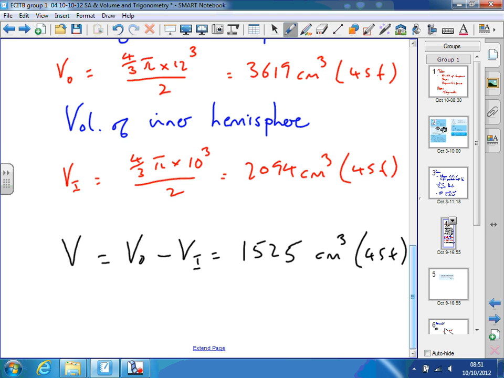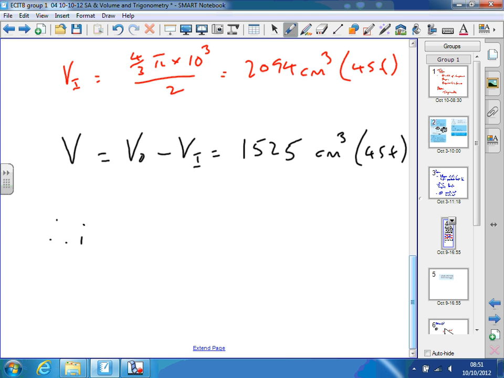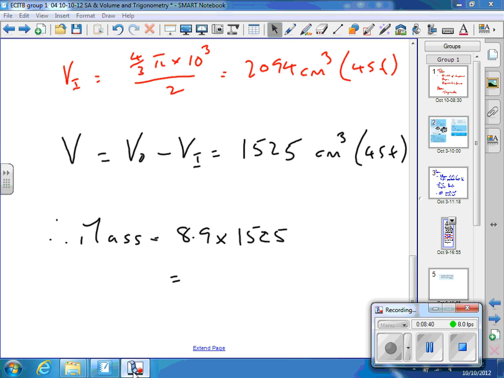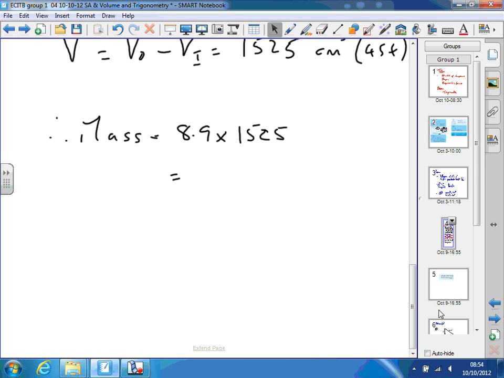So therefore, the mass equals 8.9 times 1525, and we get hopefully the answer in the textbook. If I just finish this one off,